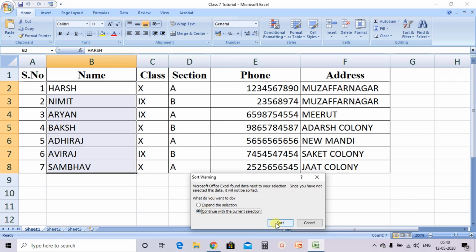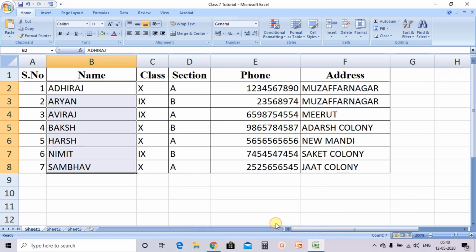Now see, so only these names have been sorted in alphabetic order, but the other data remains the same. If I just do Ctrl Z undo, now see, this is the original one.